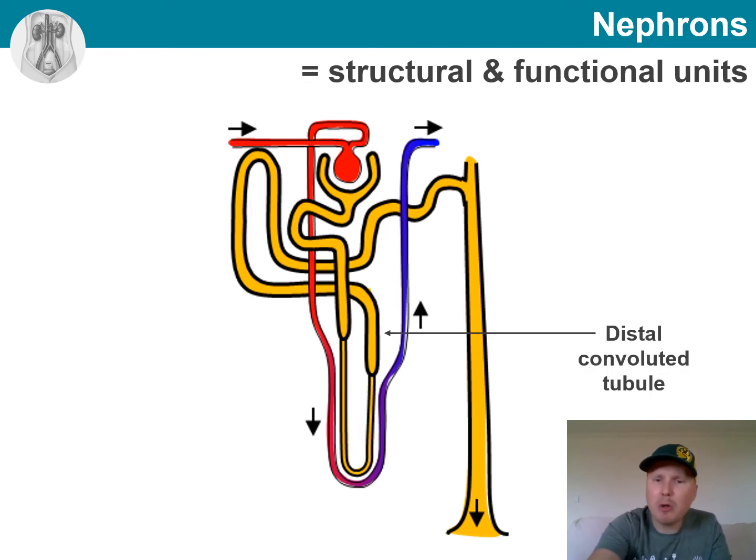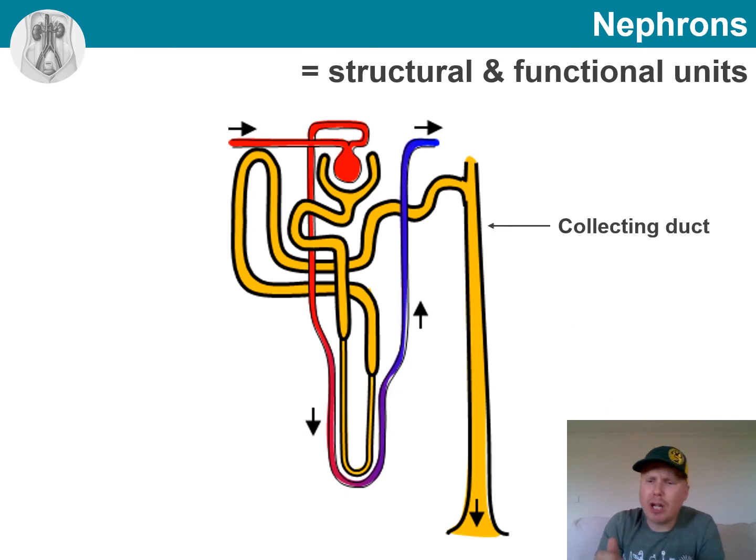And now we can have a look at the distal convoluted tubule. Here we are further away from the renal capsule, therefore the term distal. It is also noteworthy to point out that the wall structure of this area becomes especially important when certain hormones play a role. But we will have a look at that a little later. The final structure that I want to highlight is called the collecting duct. This is where urine is excreted from the nephron.